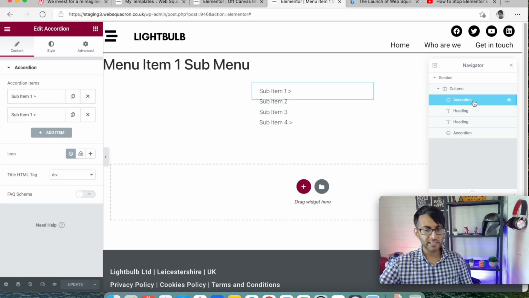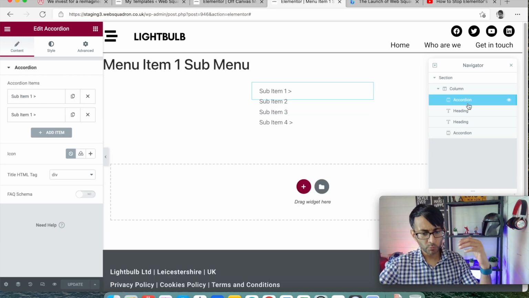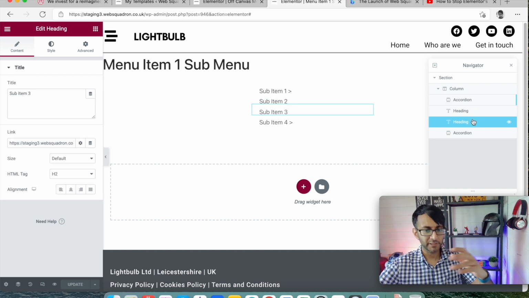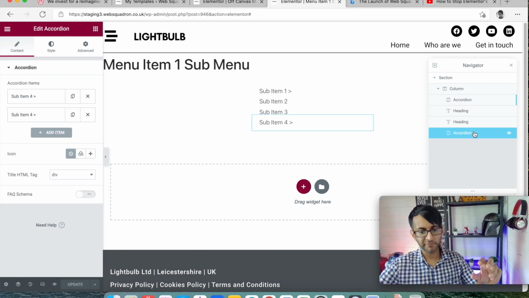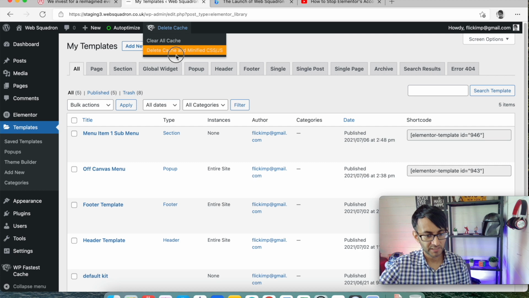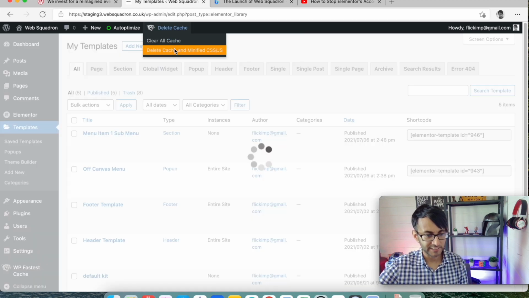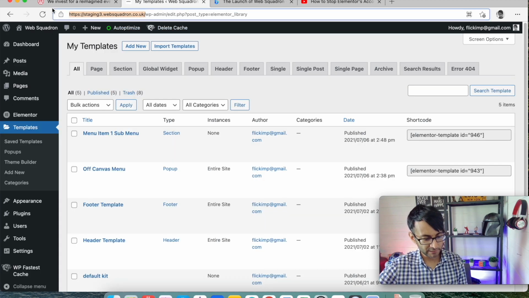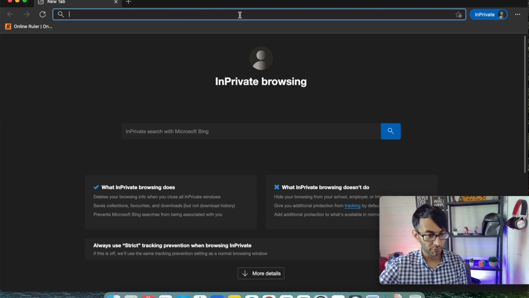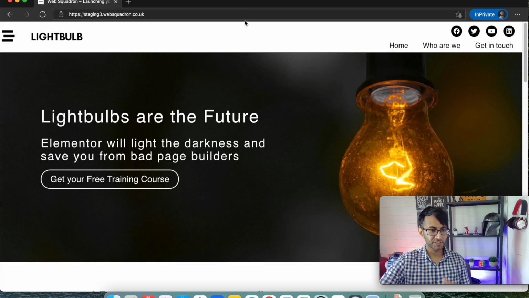There you go. So now that I've refreshed the page, we've got accordion, we've got sub item 2, which is just a header, sub item 3, which is just a header, and then we've got sub item 4, which is an accordion. Right, now let's actually view the page. So I'm just going to delete the cache. Right, so if we now just copy that and go to incognito or a private window, this is our example